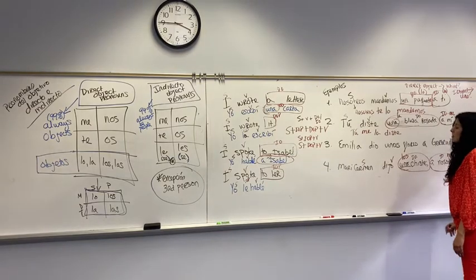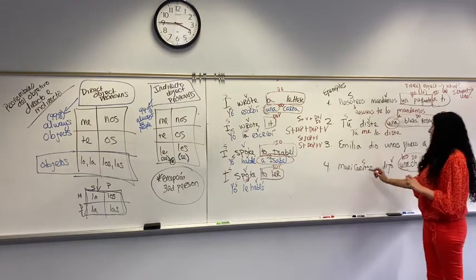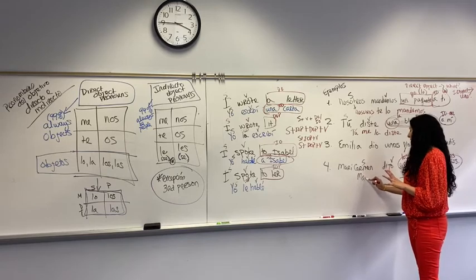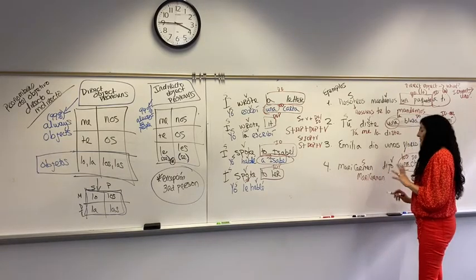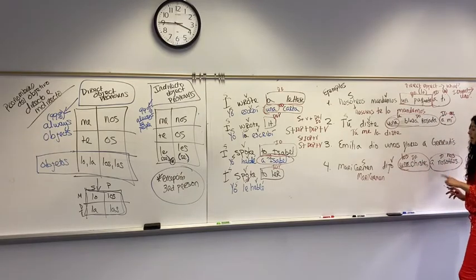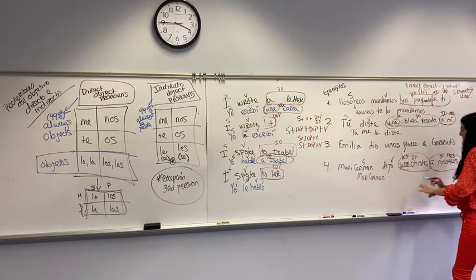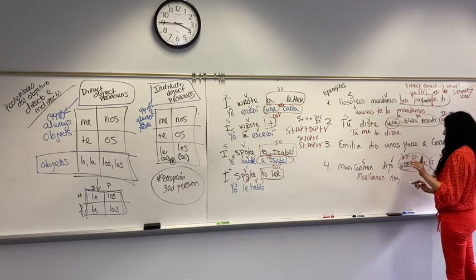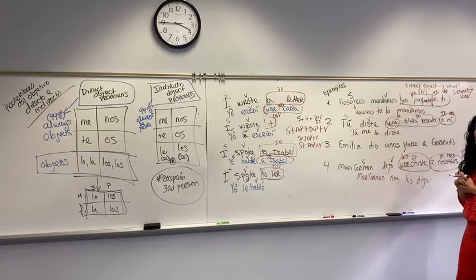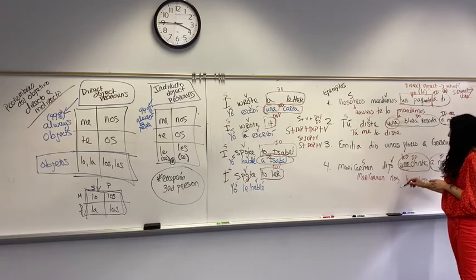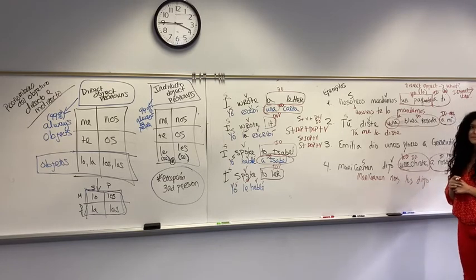Okay? So now we have to reorganize again, right? So we're going to put our subject, Mari Carmen. And remember, the pronouns are going to go between the subject and the verb. They always go in order of indirect, then direct. So, nos, los dijo. She told them to us, right?